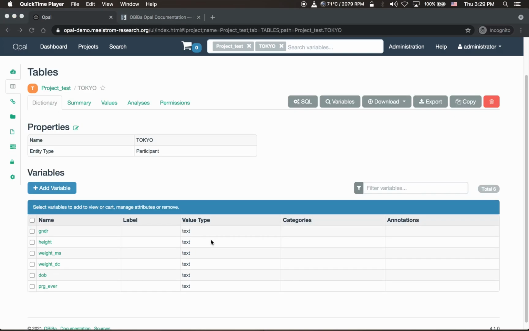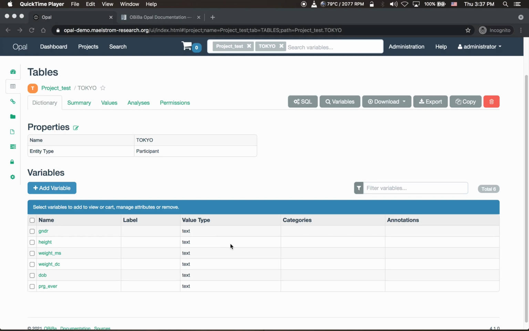It is important to notice that you can have the metadata describing the data automatically if you import data in SPSS format or SAS format. For this example, I imported a CSV format. So, in the next step, we will see how to add the metadata to describe the data.